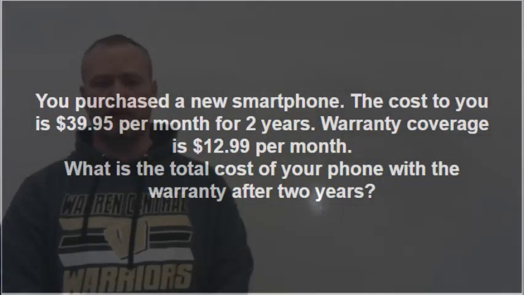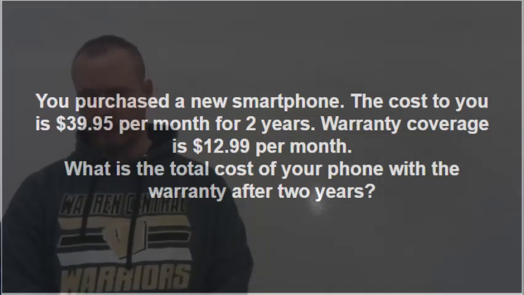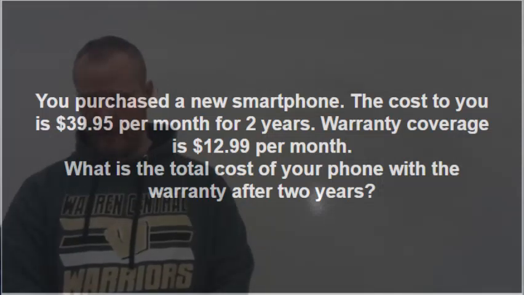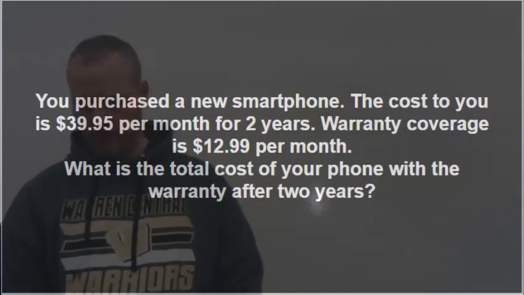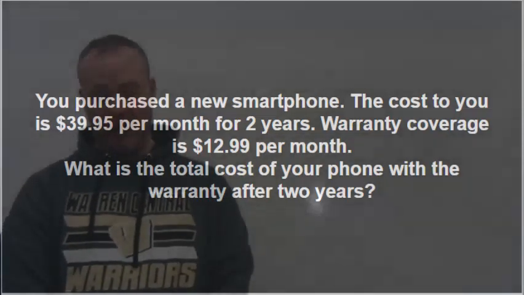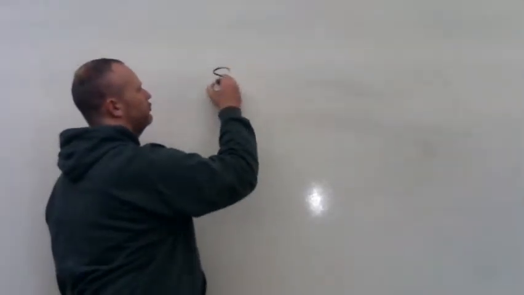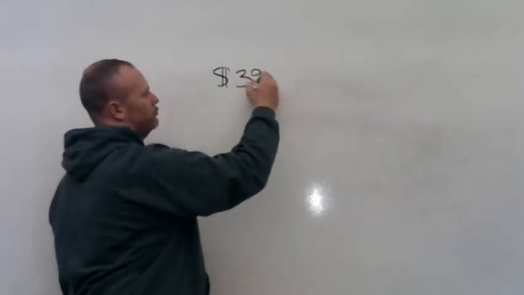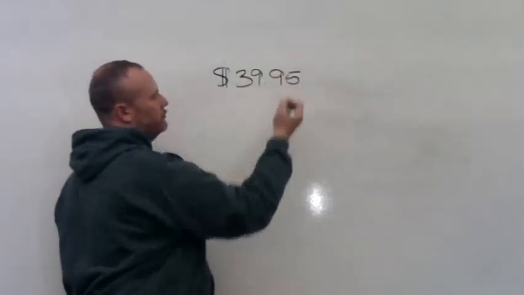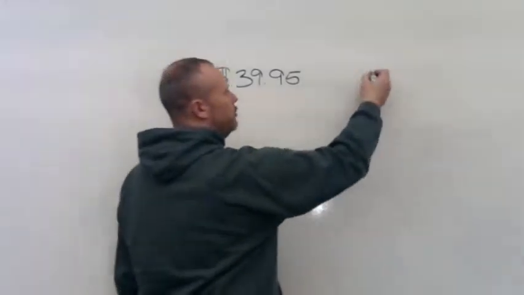You purchase a new smartphone. The cost to you is $39.95 per month for 2 years. Warranty coverage is $12.99 per month. What is the total cost of your phone with the warranty after 2 years? So in order to solve this problem, we have to remember that our phone costs $39.95 per month. And the warranty is $12.99